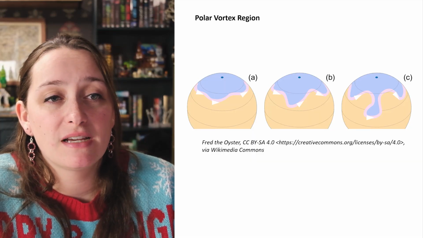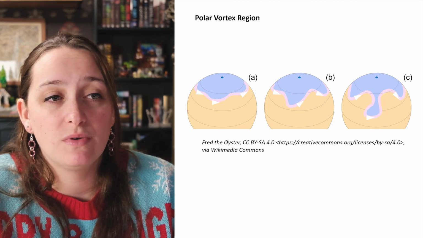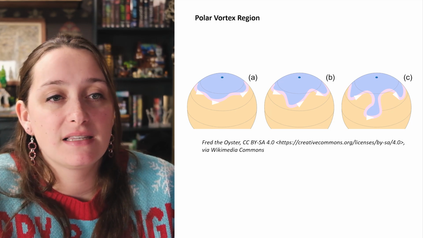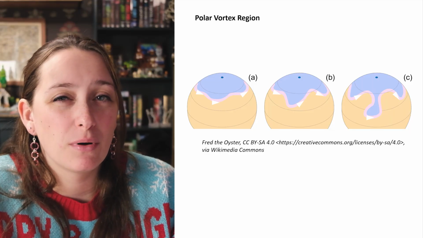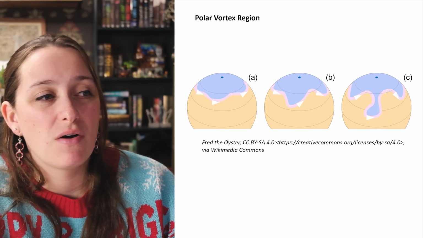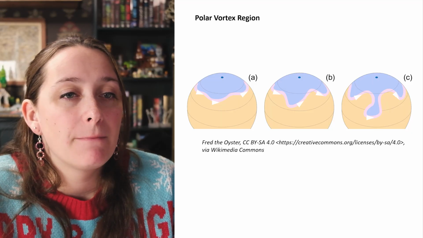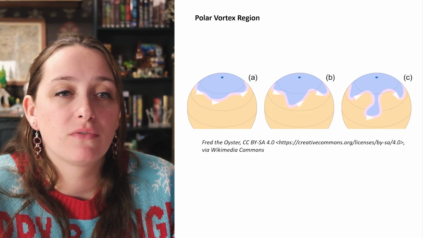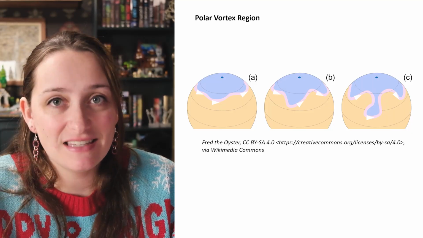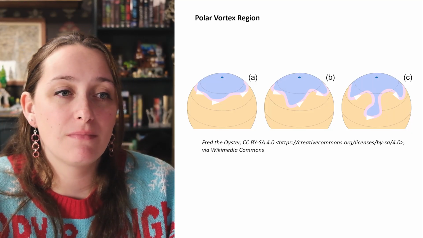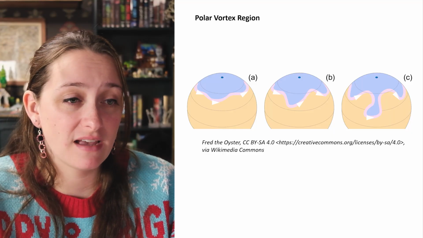And so the polar vortex is bounded by the subpolar low pressure belt, which is the strongest in winter and weakest in summer. Because of this, in the winter, you will have a fairly straight or consistent subpolar low belt. You can sort of see that on this map in A, that's sort of what it looks like. But in summer, when it is weaker, the polar vortex will sometimes expand and weaken. And this is not, again, consistent or easily predictable, but we can mark a general area of our map where you will tend to see breakthroughs of the polar vortex.